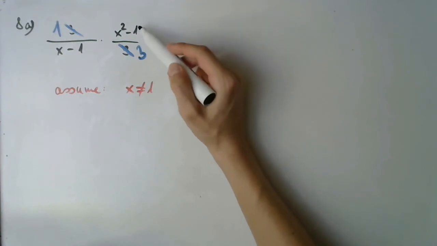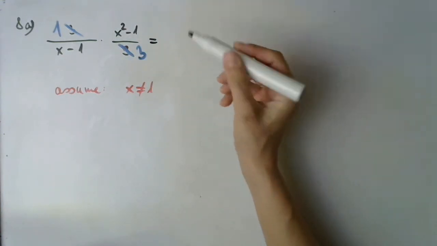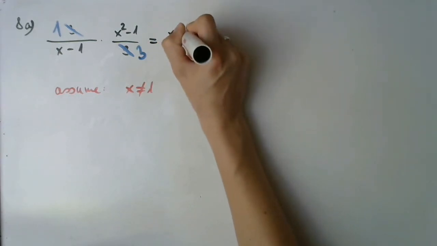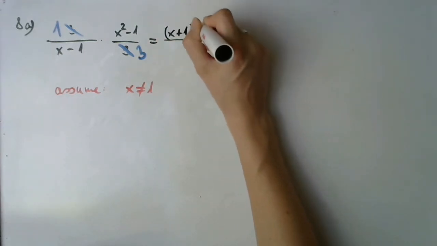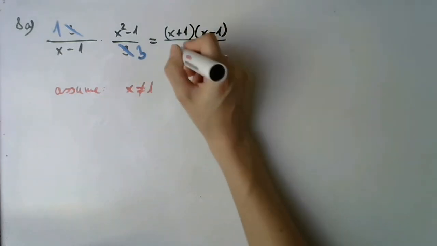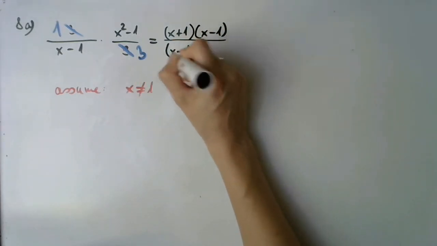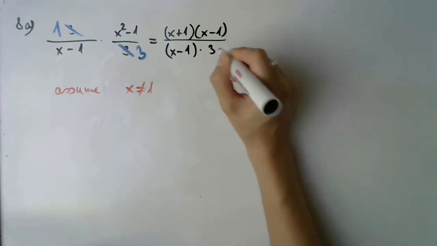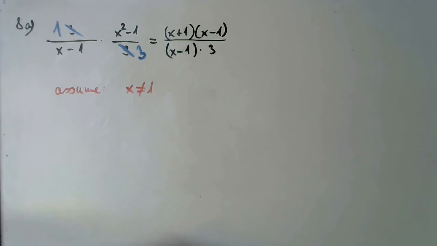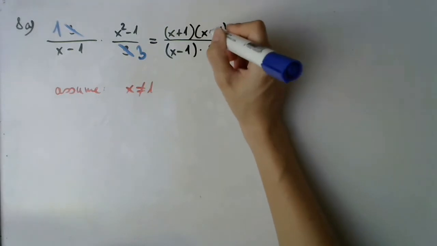I can factor this expression. x squared minus 1 can be written as x plus 1 times x minus 1, and in the denominator I have x minus 1 times 3. Now let's take a good look at this, and oh, what do we see? We see that we can further simplify this expression with a factor of x minus 1,